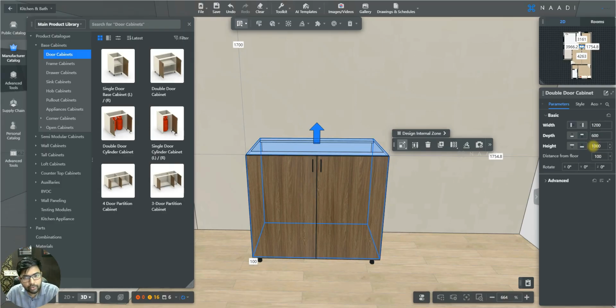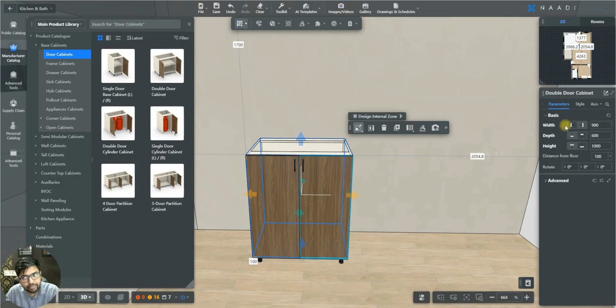And now you would have noticed one factor. While adjusting the width, any change we make here is happening from the right hand side of this cabinet. Can you see? Any extension or any recession is happening on the right hand side of the cabinet. That is because if you notice right next to the width parameter, there is a small toggle, right? So right now the extend to right toggle is selected. So that is the reason why if we make any change here, it is happening on the right hand side